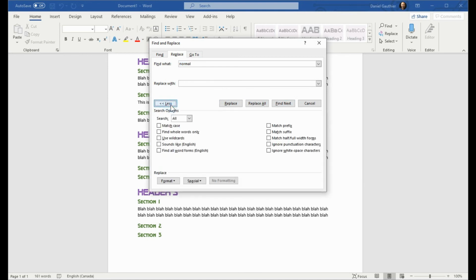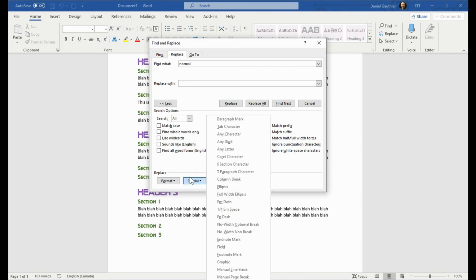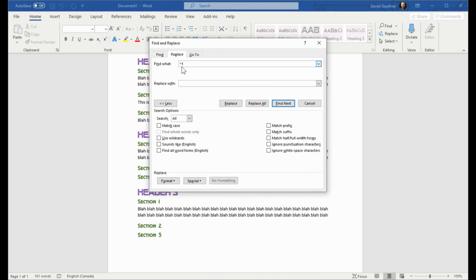There's also additional information in here. If you want to really fine-tune your search, you can do it by matching the case to find specifically what it is you're looking for, and a few other options as well. There's even special characters, so if you're looking for spaces and paragraphs and tabs and you want to replace a double tab with a single tab or that sort of thing, then you can insert from here and it'll put in the character for what that is.